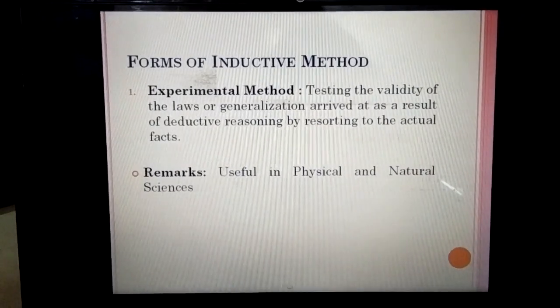And this approach moves from the bottom to top. So it is the reverse of the deductive approach. In the deductive approach, we went from top to bottom, and in the inductive approach, it is induced from bottom to top. We have the smaller components, the smaller things, and we combine them together and come to the common or universal fact. So this approach is the reverse of the deductive approach.